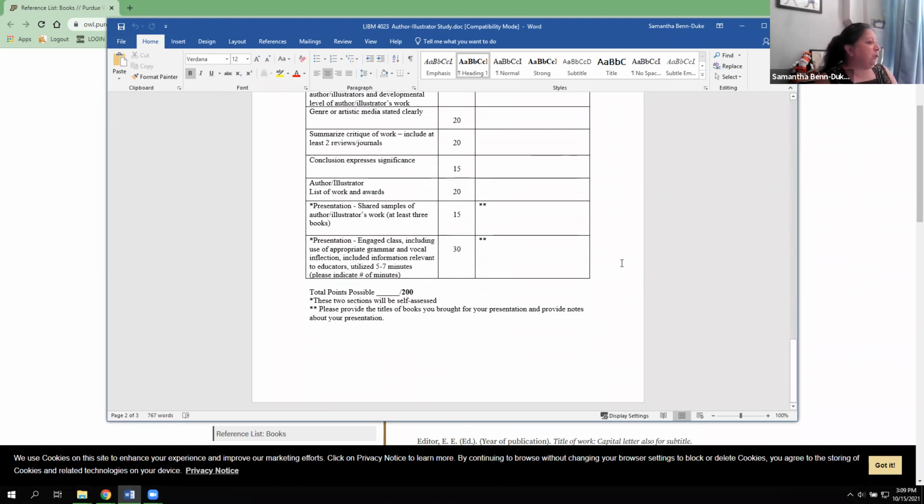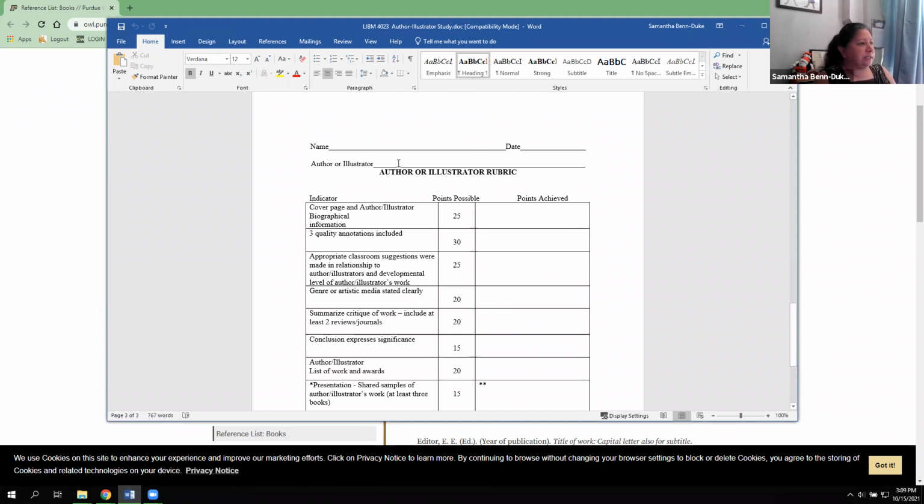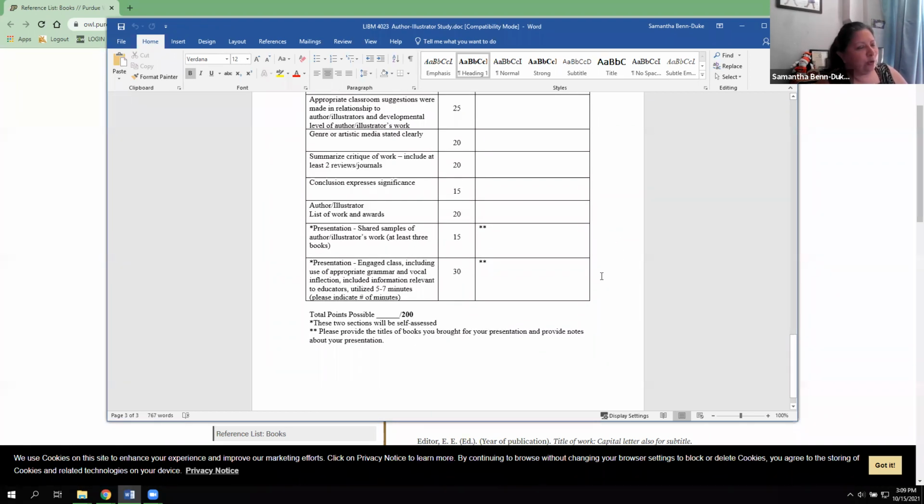So after your presentation, you will provide me with this score sheet with the top part filled out. And I know a few of you have difficulty reading instructions here, so I'm going to point this out for you specifically where it has an asterisk. These 2 sections will be self-assessed. And then here with the 2 asterisks over here, provide the titles of the books you brought and provide notes